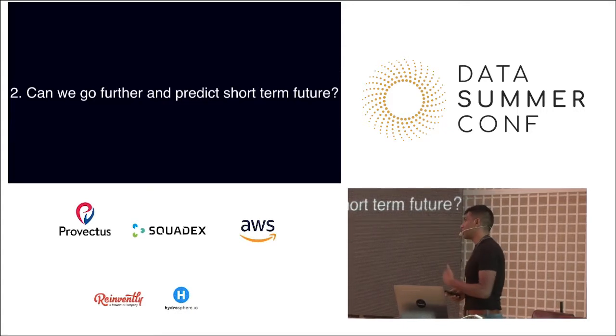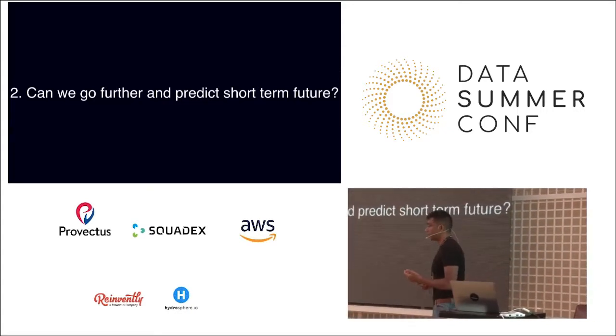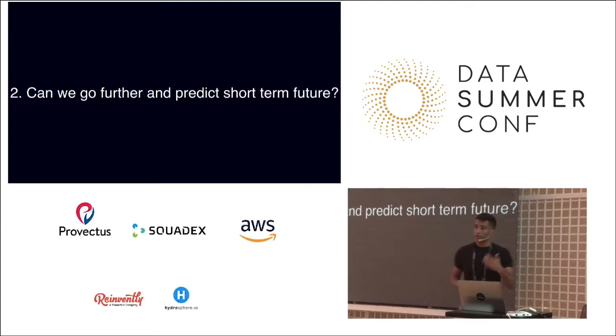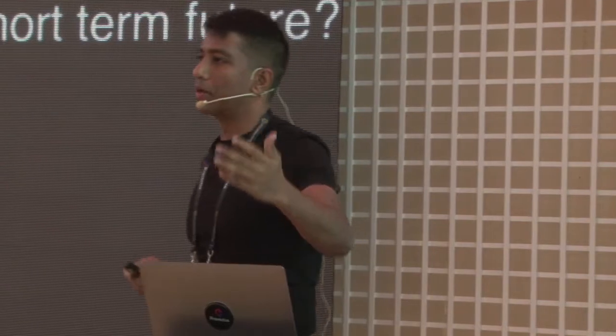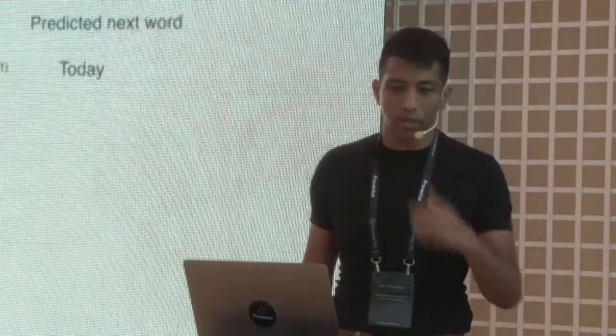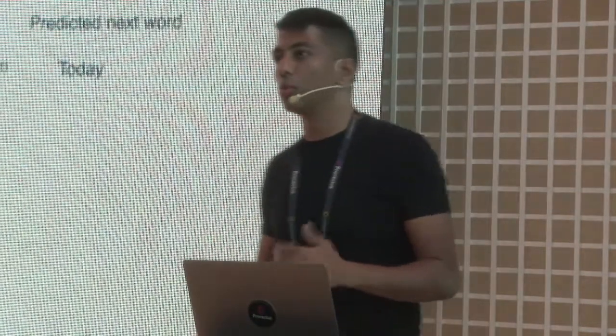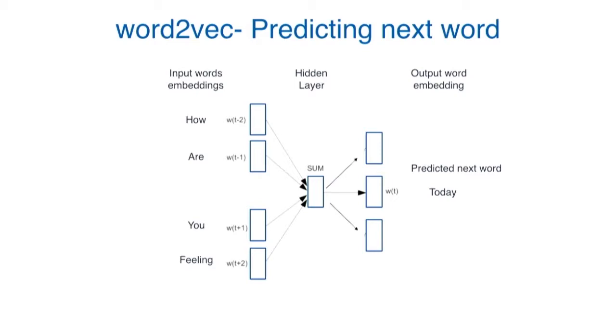So next question is, can we go further and try to predict the future using machine learning? Now, as I said, machine learning is as simple as analyzing certain data, finding those patterns, and realizing that those patterns will be repeated. So there is an algorithm called word2vec, which is